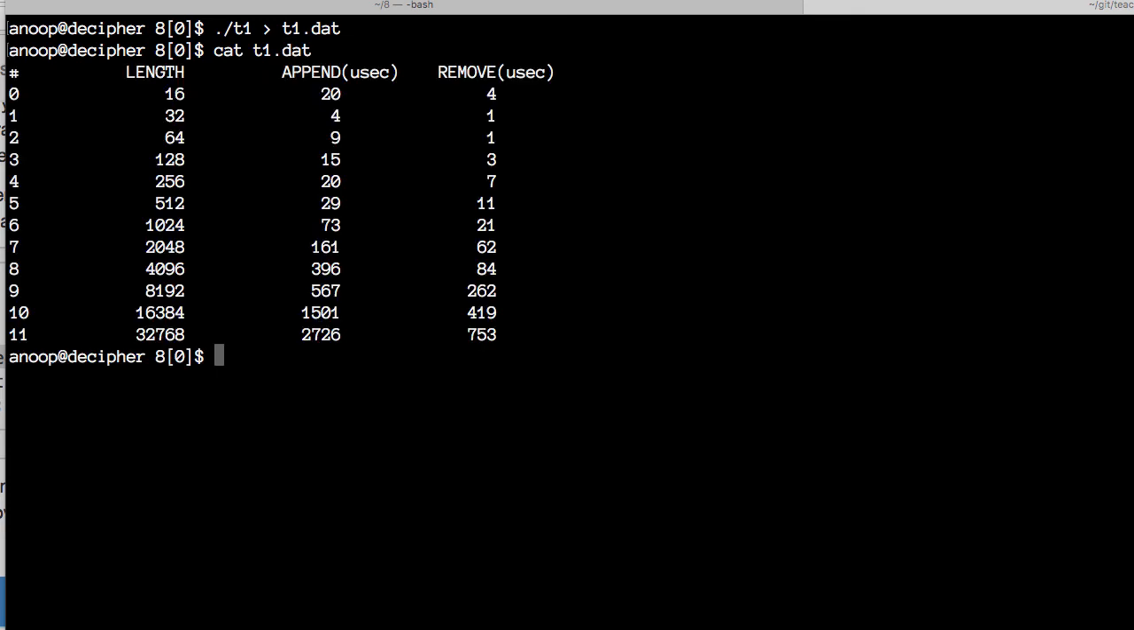For each length of the array, how long did it take to append that many elements? Okay, so let's say I wanted to graphically view these two. You can copy paste this information into a spreadsheet and look at a graph. In order to do this